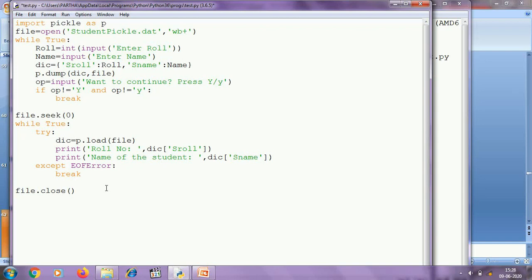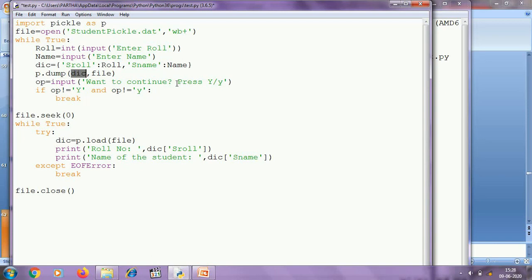So using this code we are basically collecting roll and name from the user, and we are creating a dictionary using this roll and name, and here I am writing the dictionary, and after that we are asking the user whether they want to continue or not.